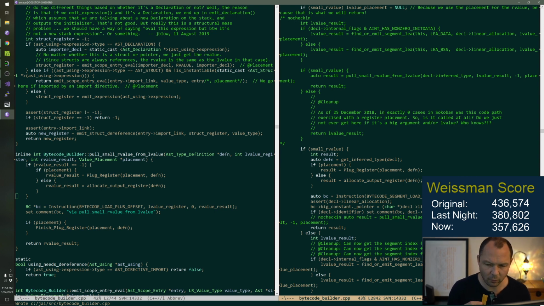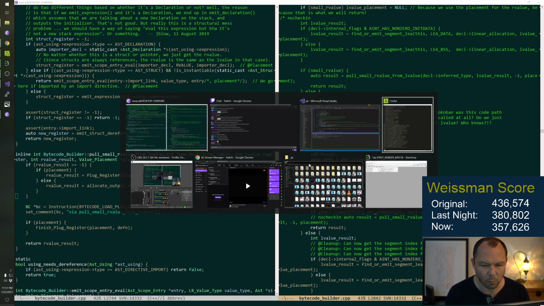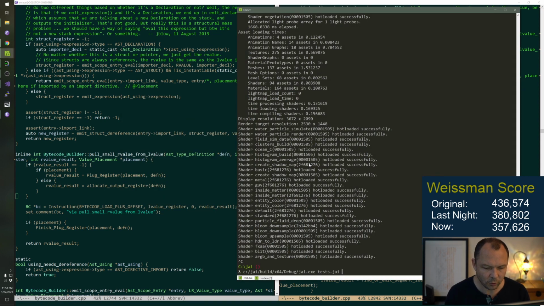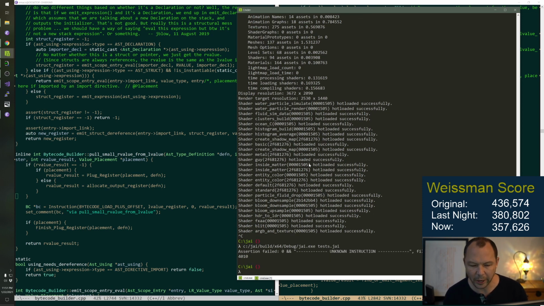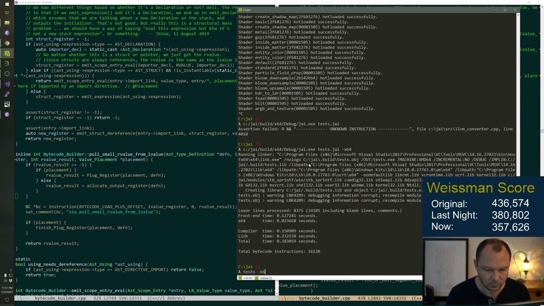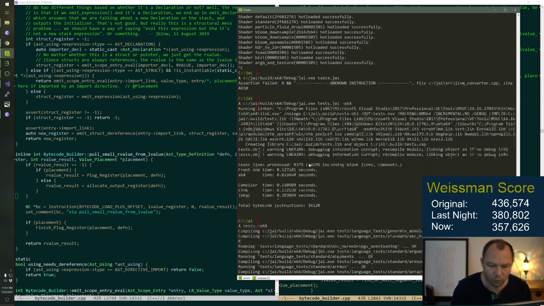Problem, I haven't done this for LLVM yet. So, well, let's run x64 tests. Well, let's run this to show you, hey, unknown instruction in LLVM, but x64 is handling it.